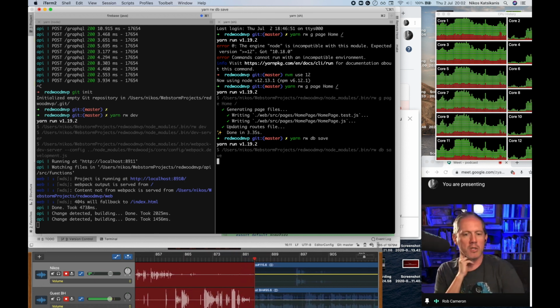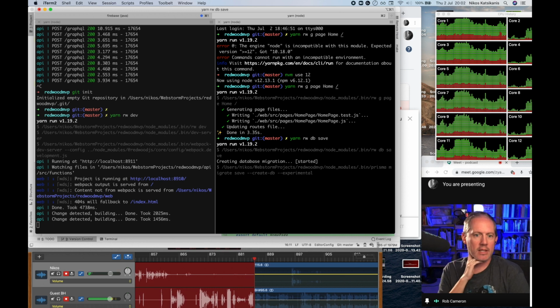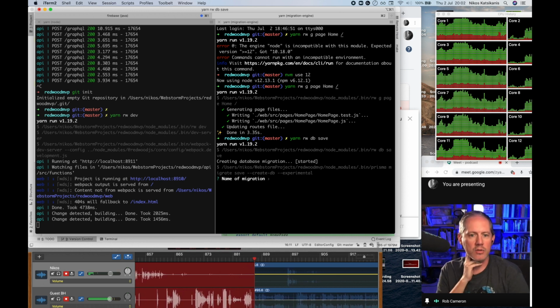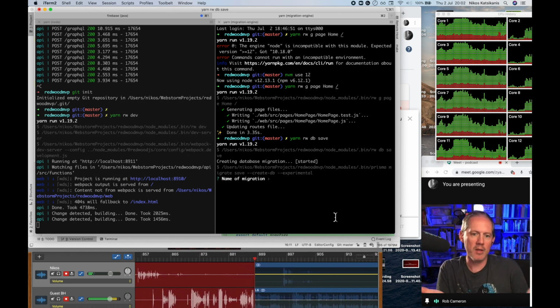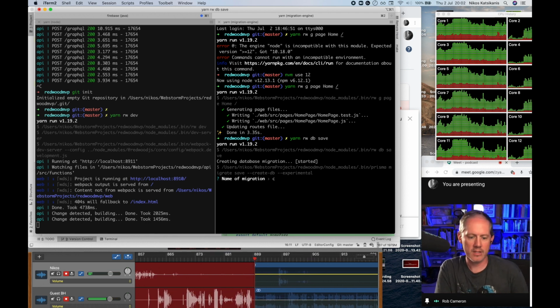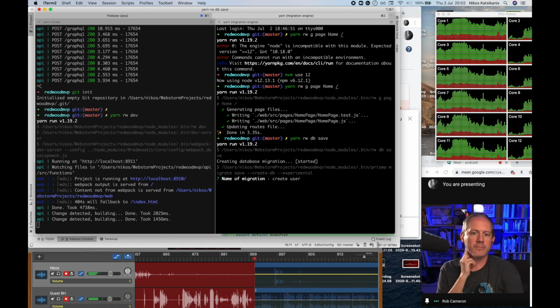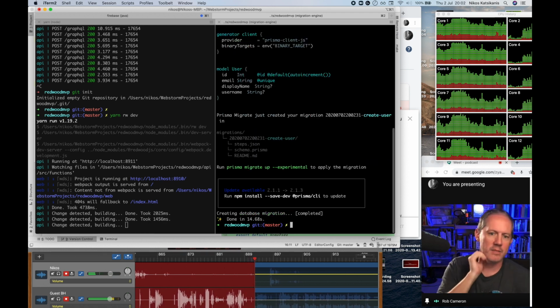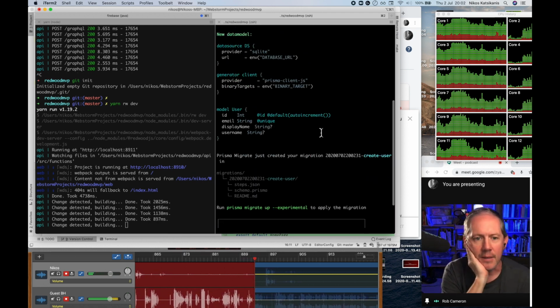Now Prisma will look at that schema file and be like, okay, this schema file looks different than the last time I looked at it. So I need to create a set of changes between the two. You're going to name it. You can call it create user. Okay. And you'll see the files it creates, it prefixes with this name. Yep. And you'll see there it created